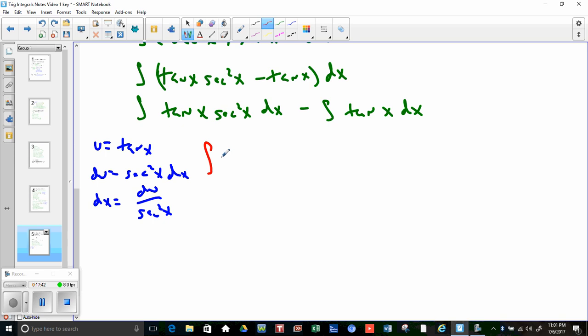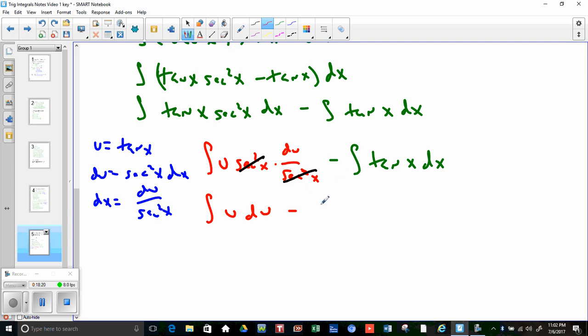I now have the integral of u secant squared x times my new dx, which is du over secant squared x. And then I'm just going to bring this one down. I'm not actually going to do the antiderivative just yet, although you can, it doesn't make any difference. Here's my two separate integrals. Let's use black this time to divide out those secant squareds, which leaves us with the integral of u du